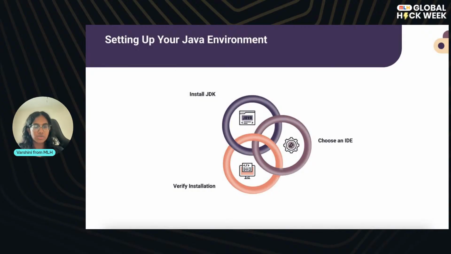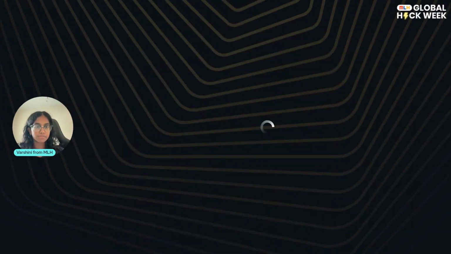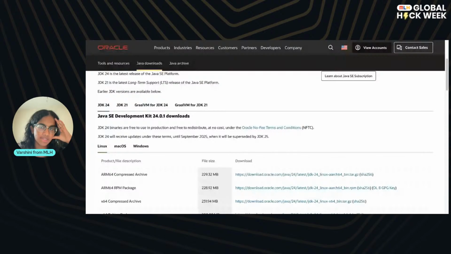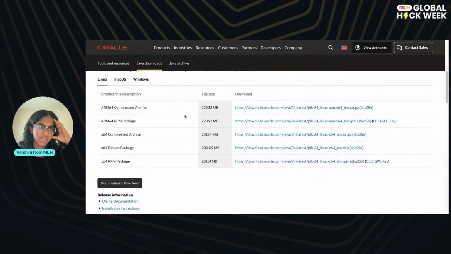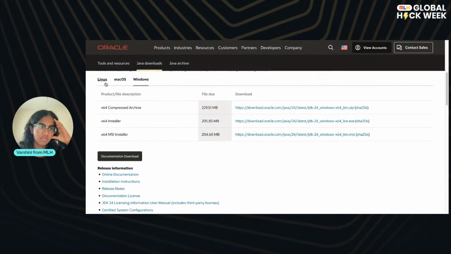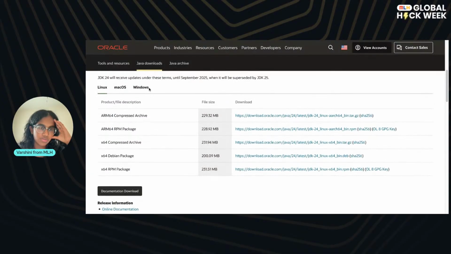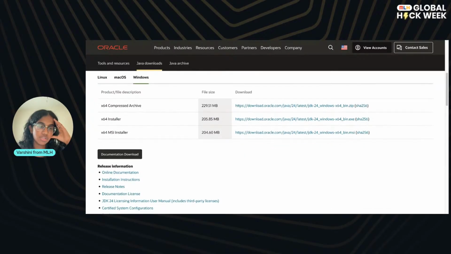So basically, let me screen share and show y'all what we're going to be doing. Okay, so we're on this website. That's where the link leads you. We're going to click on the latest version. It's going to be Linux, Mac OS, or Windows. If you're on Windows, you're going to click on the Windows section, and then choose the Windows x64 installer. So that's going to be this one. I'm not really sure what the other ones are. I just know that you have to download that. If you have another reason that you want to download something else, feel free.